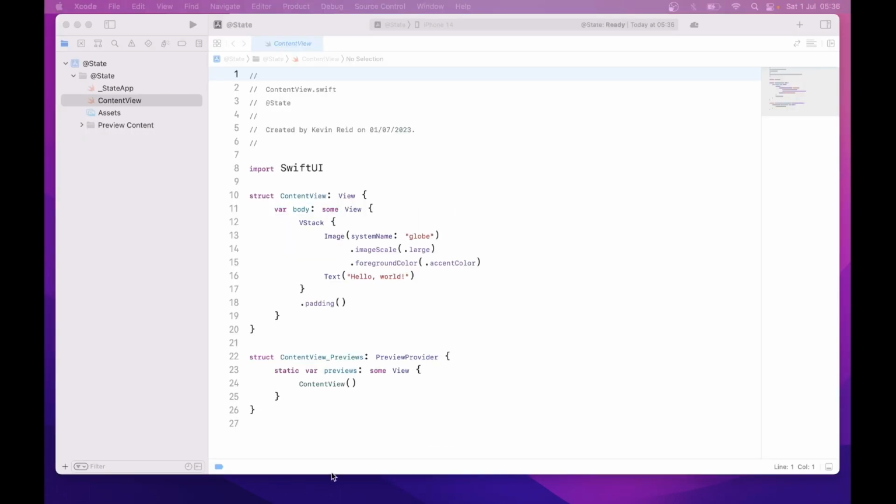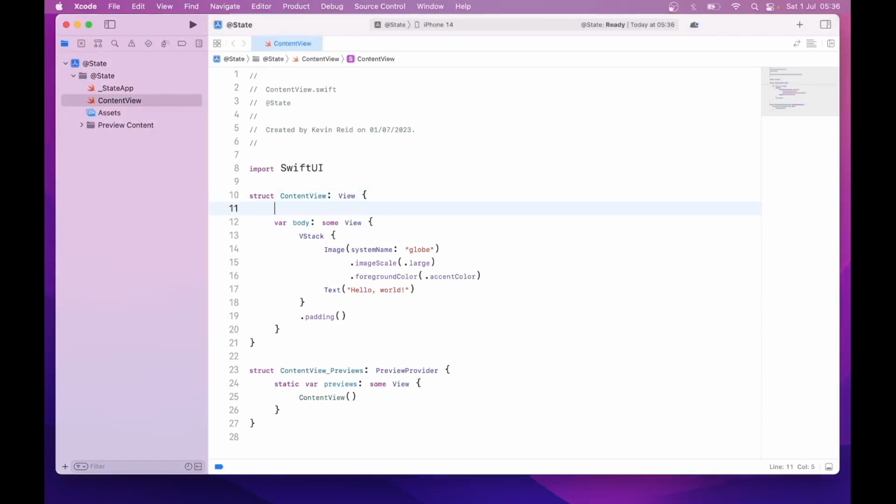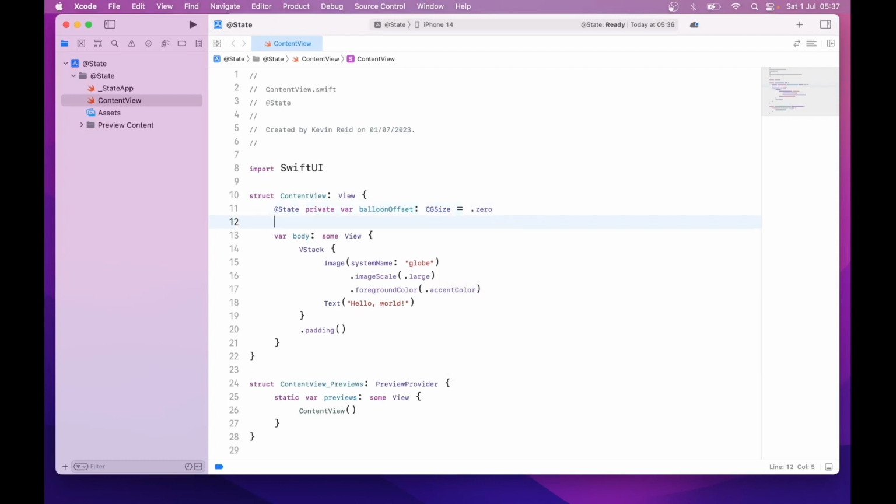Within your content view, on line 11, enter the following: @State private var balloonOffset: CGSize = .zero. And then for your next @State variable, enter the following: